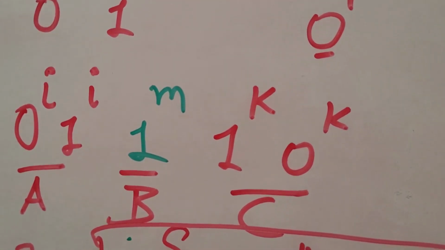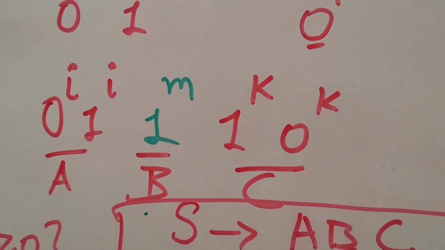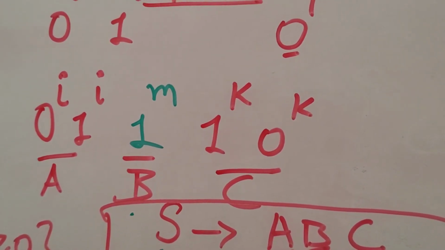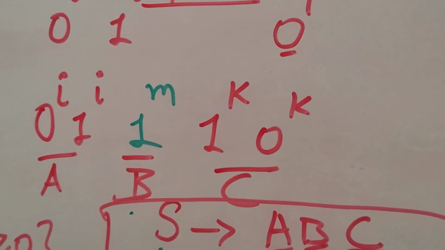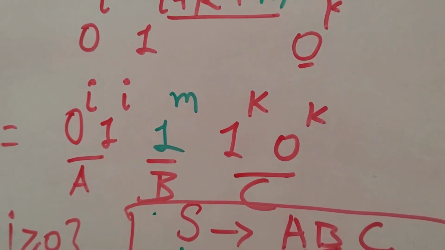Now according to this, any string is given to me. Initially 0 1's occurrence is there, then 1's occurrence, then 1 0's occurrence. The 0 1 occurrence and 1 0 occurrence can be zero, but 1 will occur at least one time, right? So from that, suppose we are taking any string,